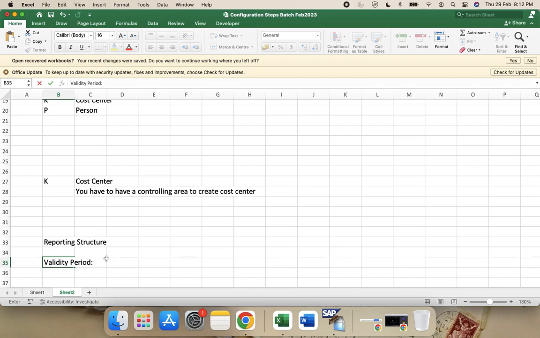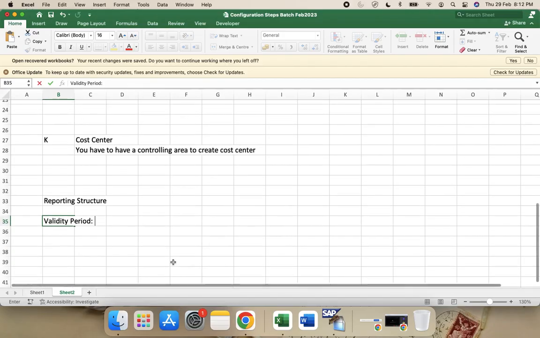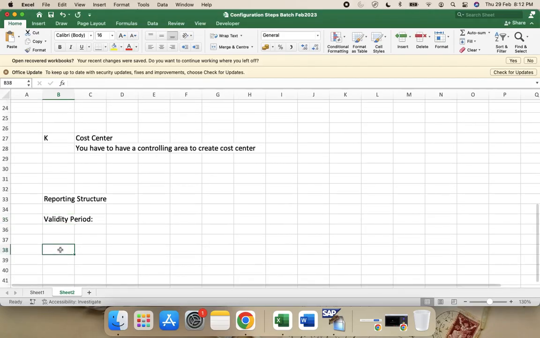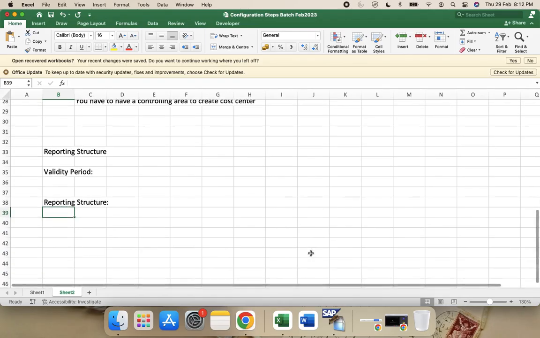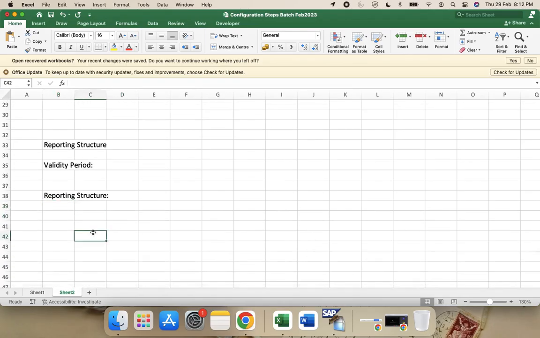And what we're gonna see is how important is the period or historical records generally in SAP while creating organizational structure, or as a matter of fact any other object. So reporting structure first. So see, in reporting structure, whenever I'm hiring any employee in SAP, whenever I will be hiring any employee,